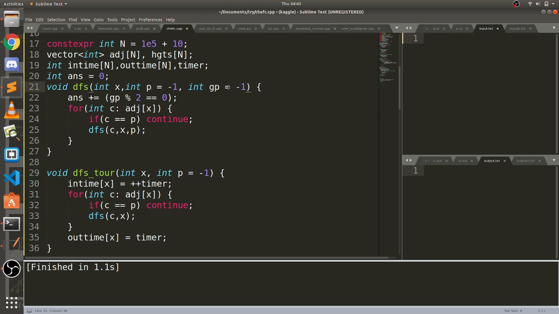Here I also pass the value of the grandparent. So when you say DFS of C comma X comma P, for the child, P will be its grandparent, right? Correct. So here I am incrementing the answer.